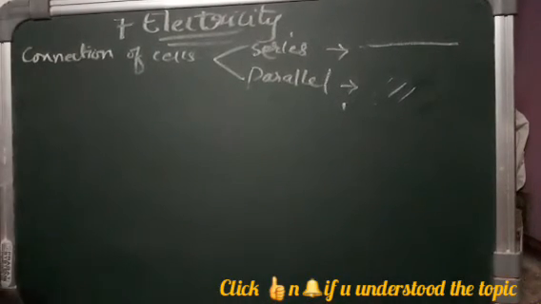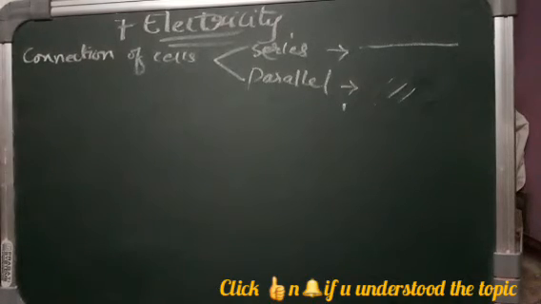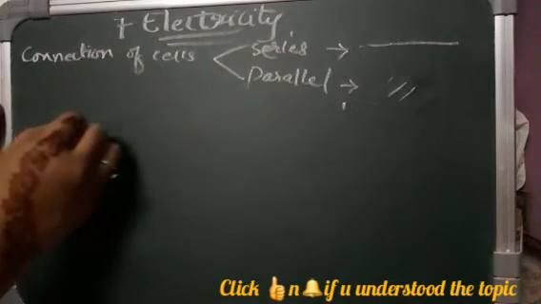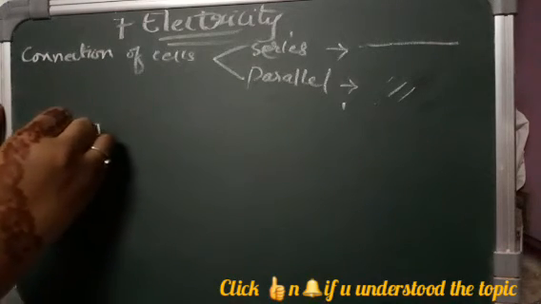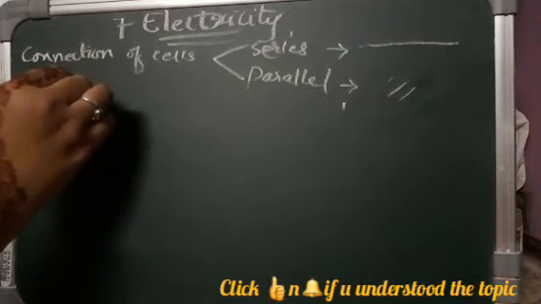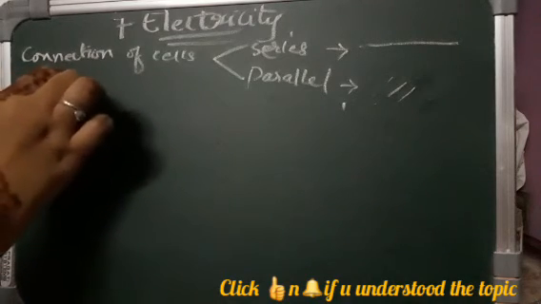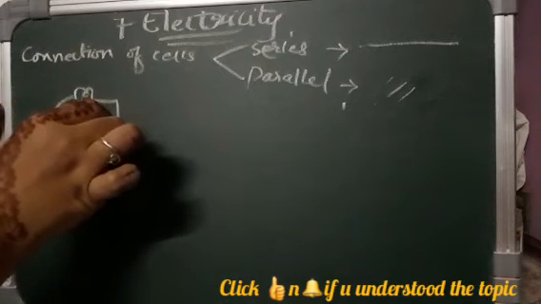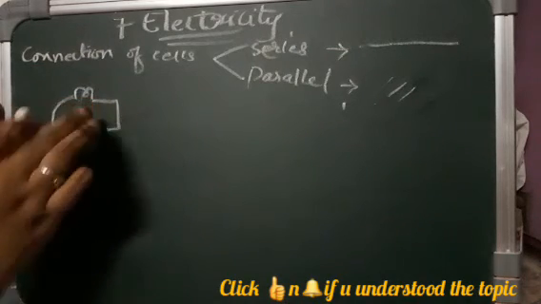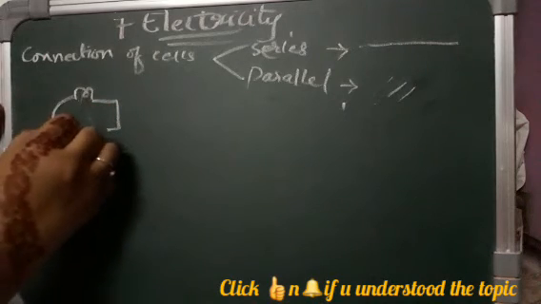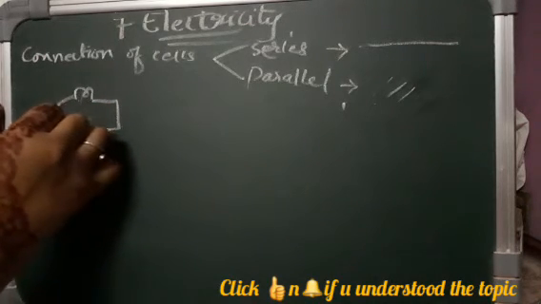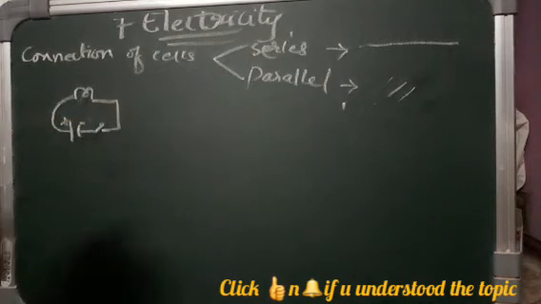So what is happening in series connection? The current is flowing in one single path. But what is actually happening? We will just take a dry cell and a torch bulb, and connect them using copper wires. Then we will see the intensity of light. Simply we will take one battery, and with the help of copper wires, we will connect the bulb.